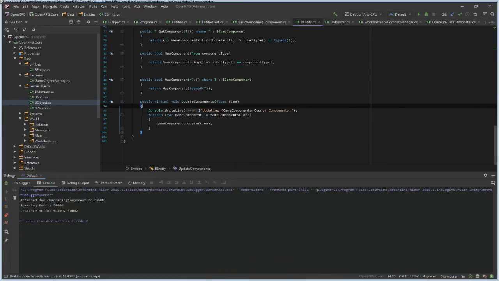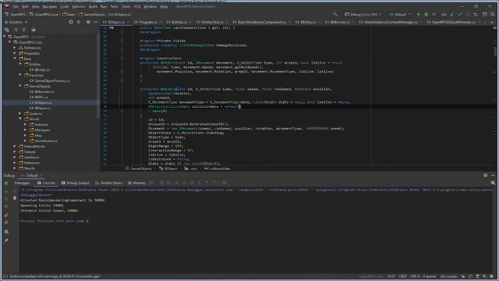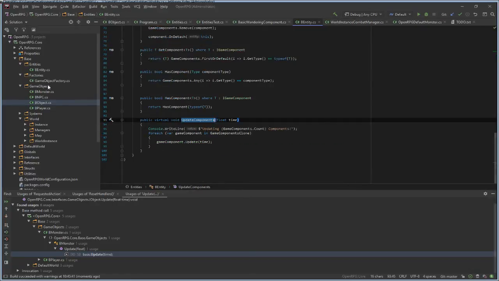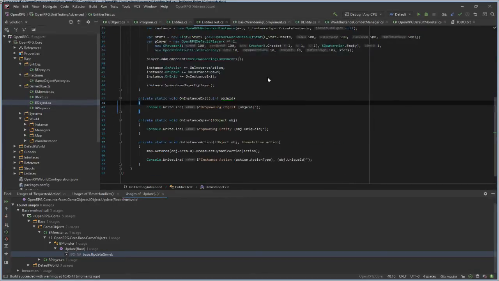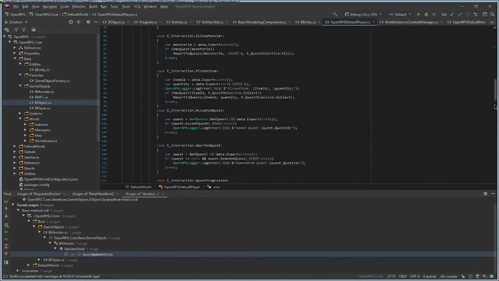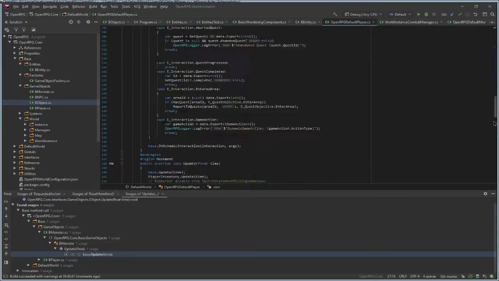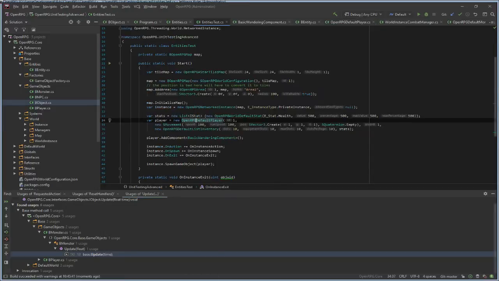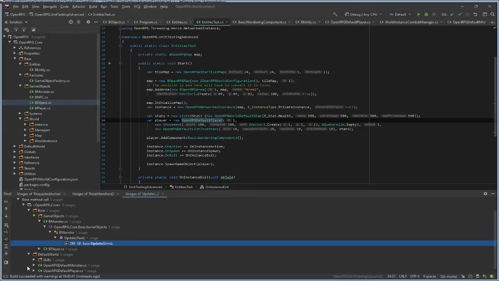So update components is never called. That means update is never called. Why is that? Hold on, I know why. This method doesn't call update. No, it does. Oh, weird. Then why is it not updating?